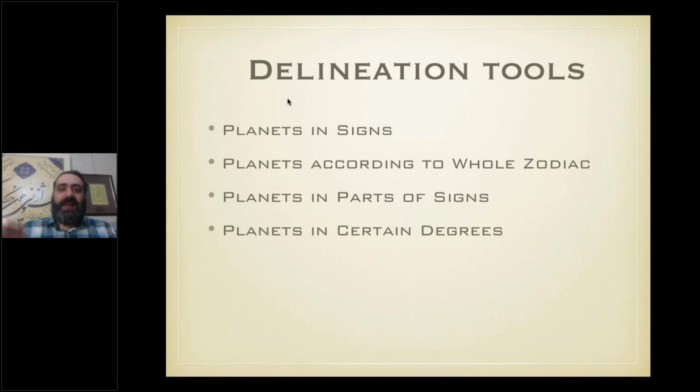Sometimes we see the planets in the signs. Sometimes we see the planets according to the whole zodiac, actually. For example, in the fiery signs, in the watery signs, checking the elements or the triplicities. And sometimes we check the planets in the parts of the sign, like different subdivisions of the sign, like decans, so like planetary bounds. And sometimes we check certain degrees for the planet. So we have different